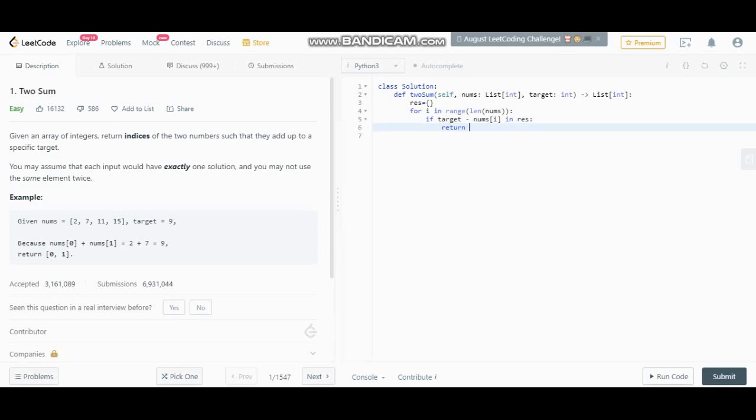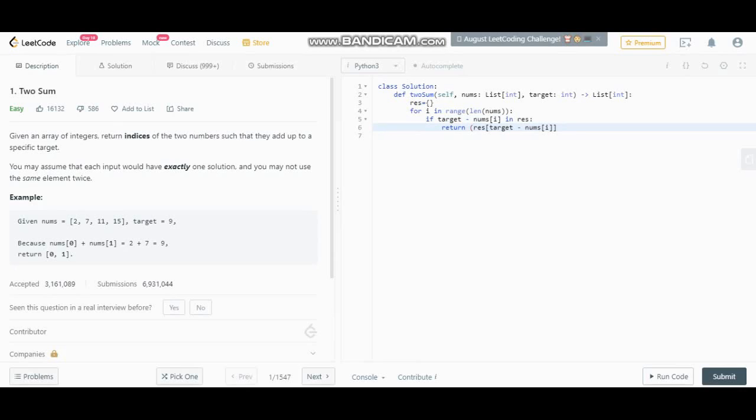For the first time when it enters this for loop, it won't find the complement, so it will go to the else part. I'm just writing this code for the continuation. I will explain it also. So it will return this value, target minus num, that is the complement value index, which will be stored in a result dictionary as a key.